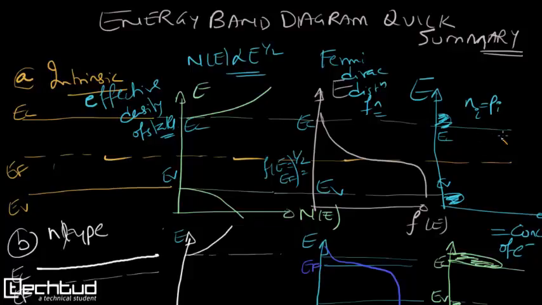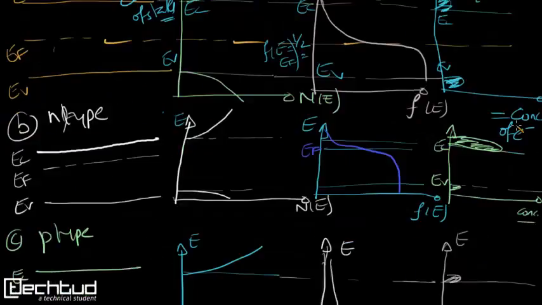For N type, we can see that this is the energy band diagram. Similarly, this is the density of states. The EF level will be close towards the edge of the conduction band. This is the Fermi-Dirac distribution function Fe. You can see that EF is more or less close to EC, but we have assumed that the EC and EV difference is at least 5 times greater than kT. So at least 0.1 electron volt it will be there.